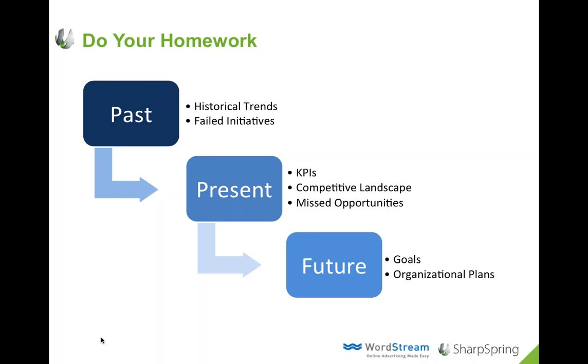Understand what historical trends they've faced. Understand if there are aspects of digital marketing they've maybe tried in the past and didn't work, and figure out why they didn't work. Is it because SEO isn't really a viable strategy for them, or is it because they completely botched it when they actually went to implement it? Understand the KPIs that you're going to be judged and held to as you implement your marketing strategies,